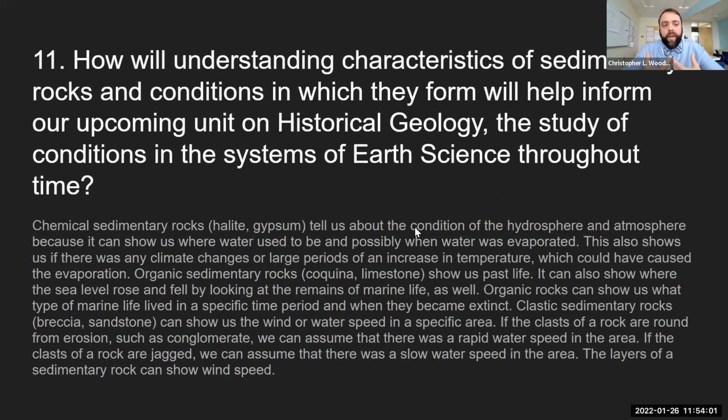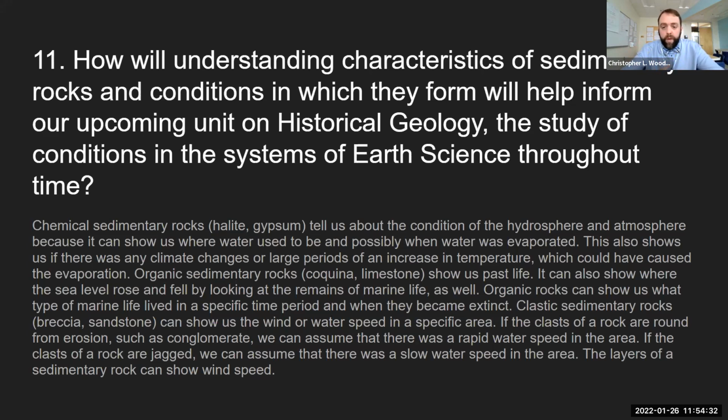So my example for this was chemical sedimentary rocks can tell us about the condition of the hydrosphere and the atmosphere, because they show us where water used to be and possibly where water was evaporated. This also shows if there's climate change, large periods of increase in temperature, which could have caused the evaporation. Organic sedimentary rocks can tell us about the life forms that were there. So for example, coquina and limestone show us where sea level rose and fell by looking at the remains of